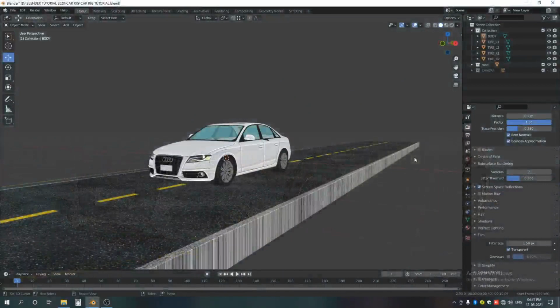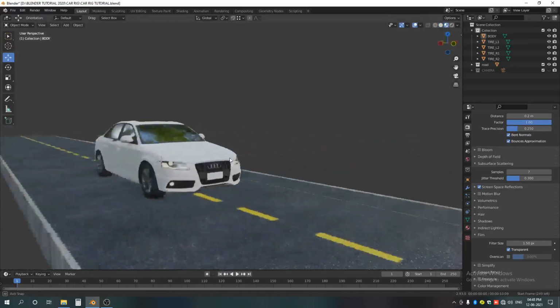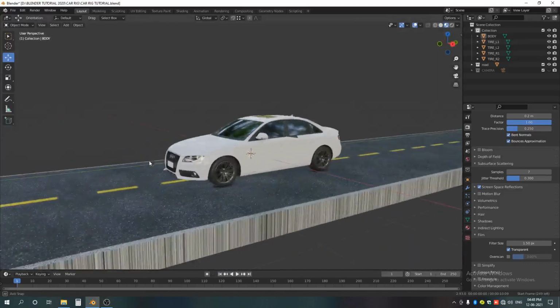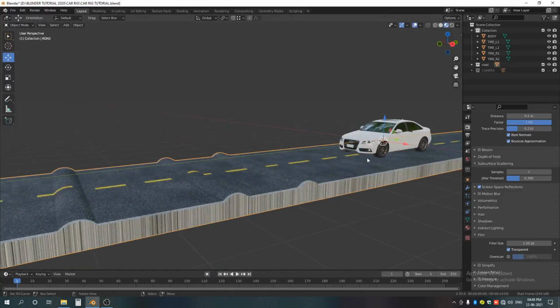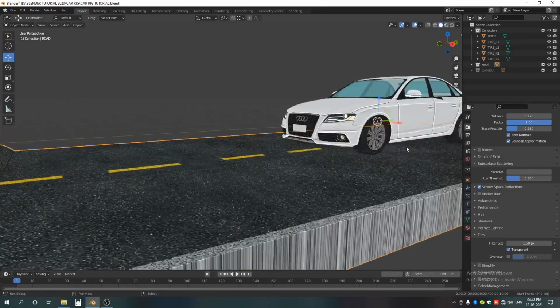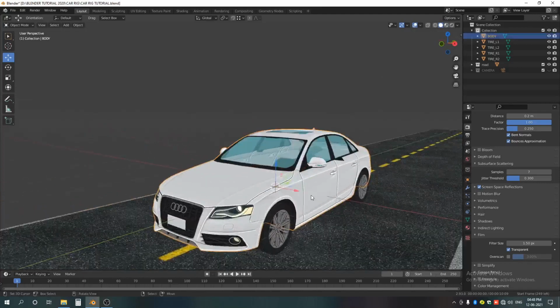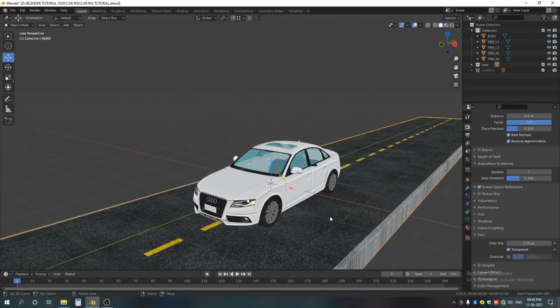Hi, to rig our car, I already imported my car model and you can see that I already materialized it like this, and I also created a path which has some bumps. Okay, to start our rigging, I already separated my car's body and its tires. You can see here, and now we can hide our path